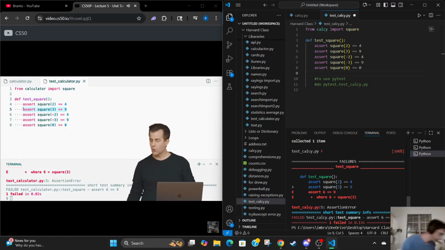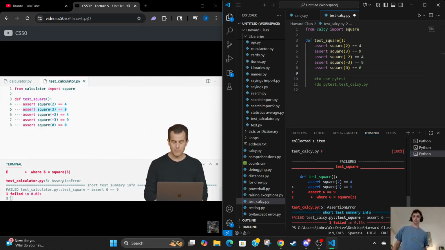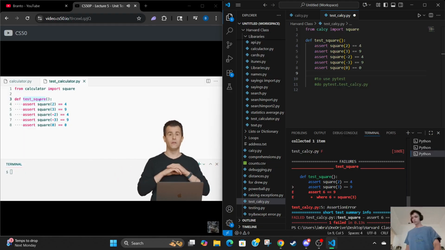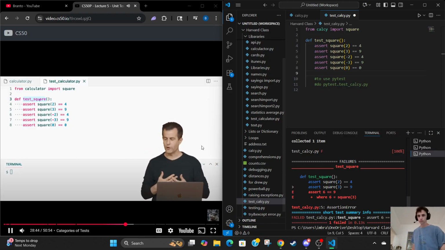So let me propose that we improve the design of my testing code now, still using PyTest as follows. Instead of having one big function called test square that tests the entire function itself with so many different inputs,